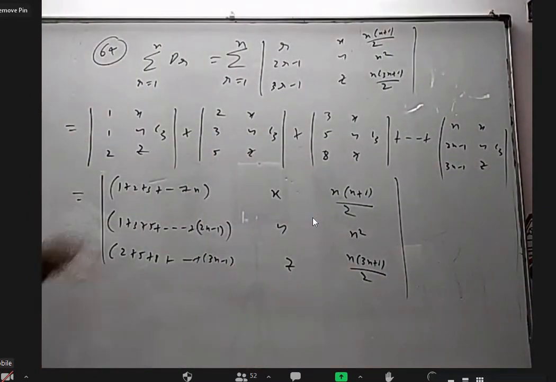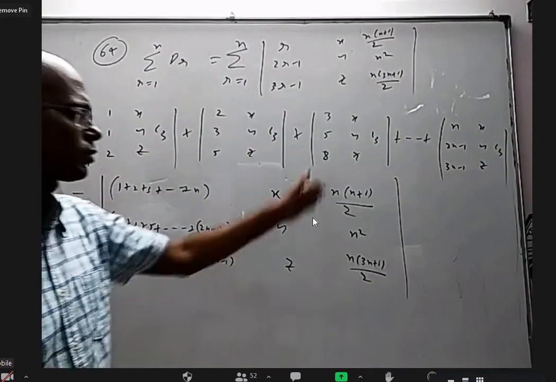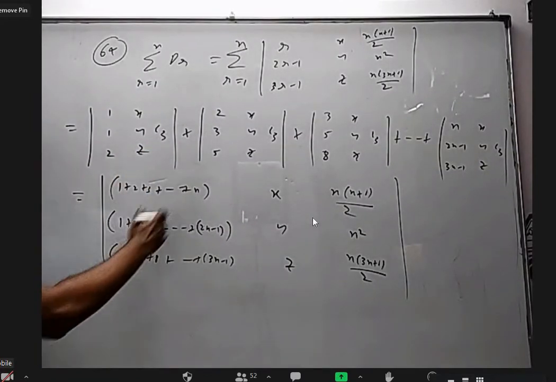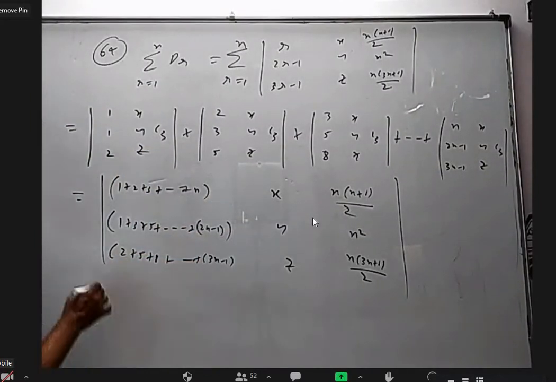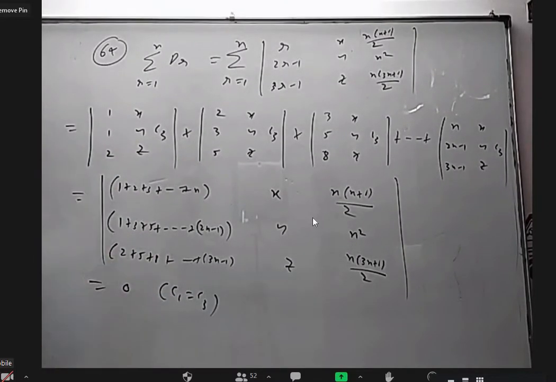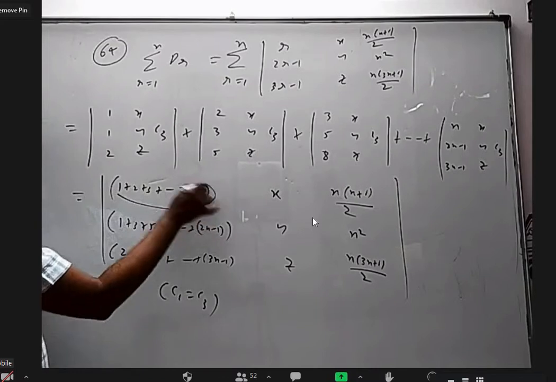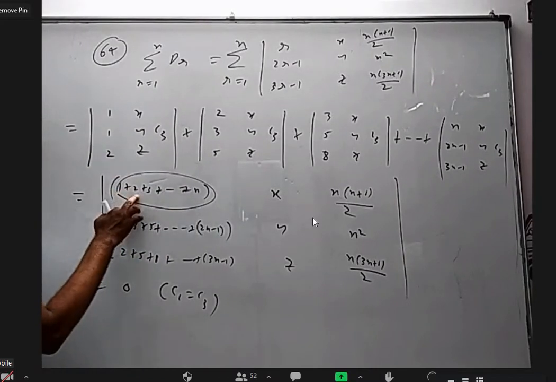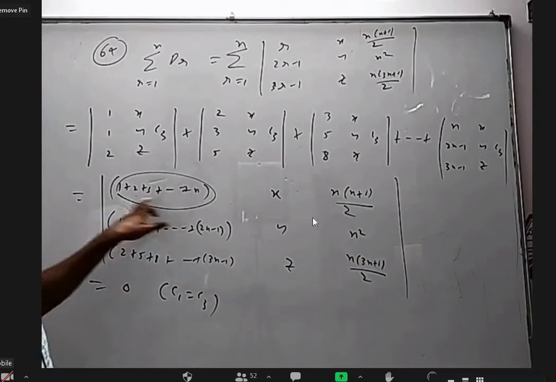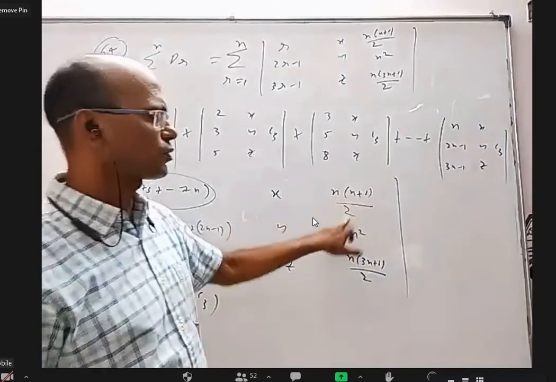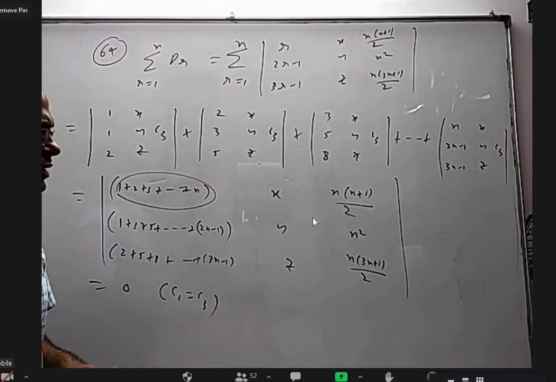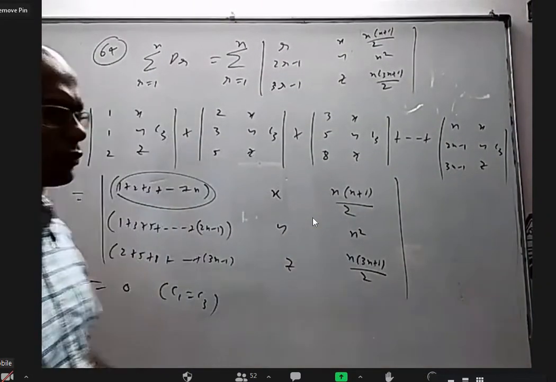So we are adding many determinants with the same second column and same third column, and their first columns got added. Now we can easily see first column and third column are the same. This is 0 because column 1 equals column 3. How does column 1 equal column 3? This is an arithmetic progression with first term 1, common difference 1. You can use the sum of n terms formula, or the sum of n natural numbers is a standard formula, n(n plus 1)/2. This is the sum of the first n odd numbers, which is n squared. I discussed it at least a few times.